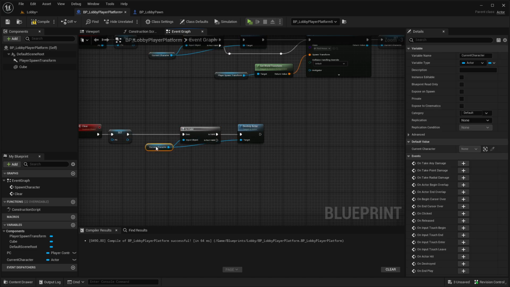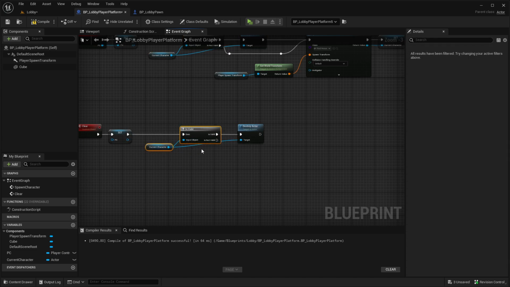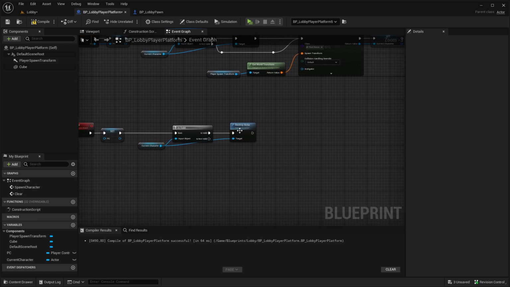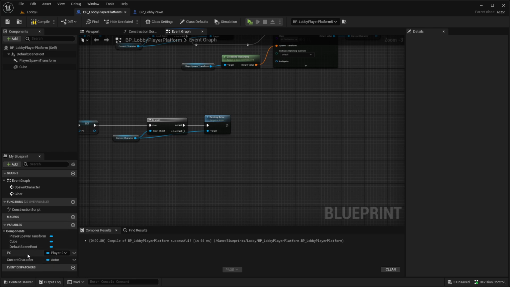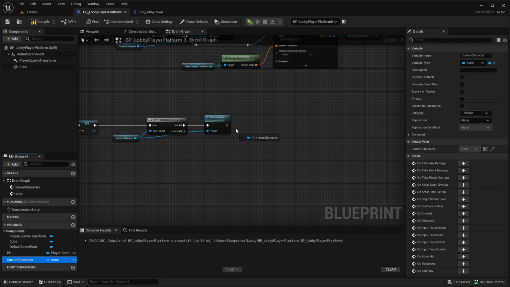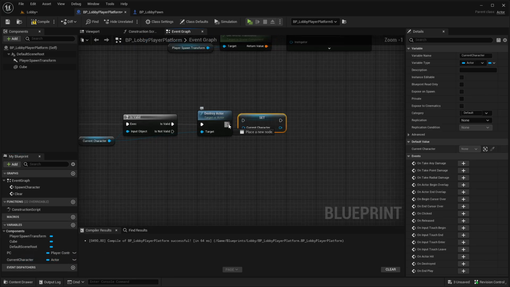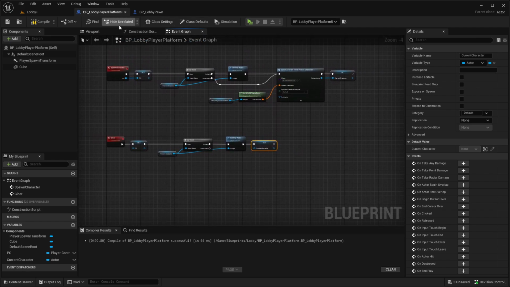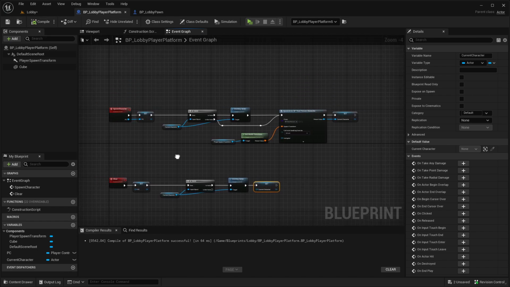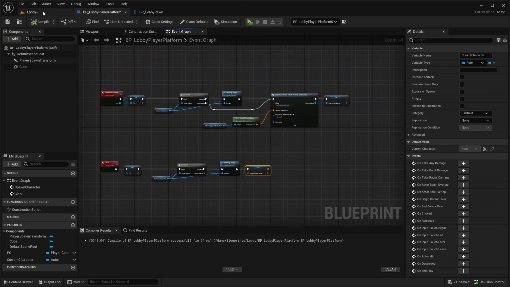Checking if the current character is valid, if there's a character standing on it, then we want to destroy this character. Just to be safe, we're dragging in here our current character and setting it here also to null. Yeah, that's basically it for lobby player platform, at least inside of the blueprint here,